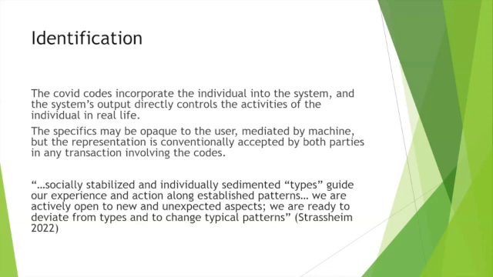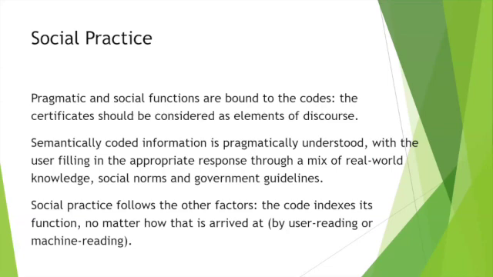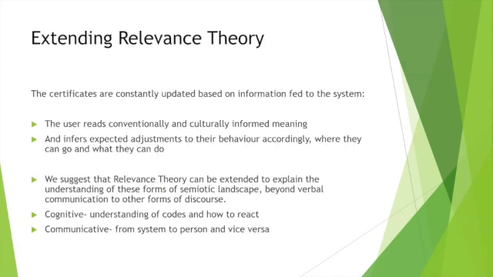Socially stabilized, individually sentimental types guide the experience along established patterns. So you're open to new, unexpected things, but you're ready to deviate from that and change the patterns as the codes change or context changes. Pragmatic social functions. They should be considered elements of discourse because the coded information, with colors, etc., is pragmatically understood, filling in the appropriate response to what you've heard, what you know, the situation, etc., government guidelines. And social practice, the code indexes function. So how is it arrived at? User reading, machine reading, you get to it either way. With relevance theory, you're reading the conventionally culturally informed meaning, inferring expected adjustments to your behavior, and